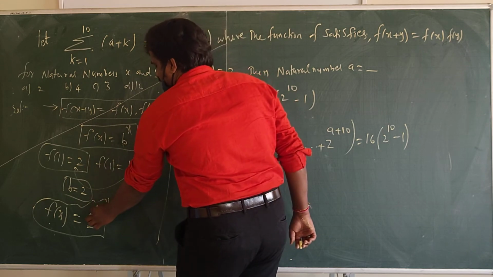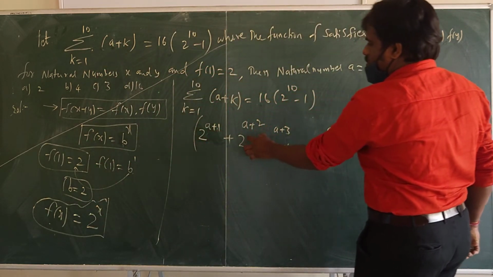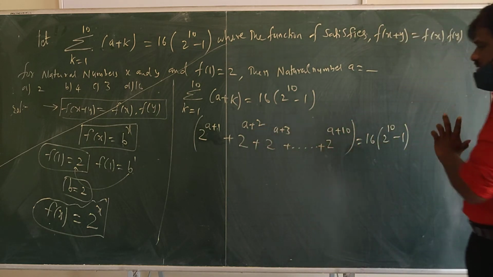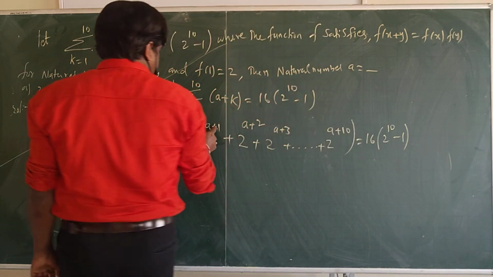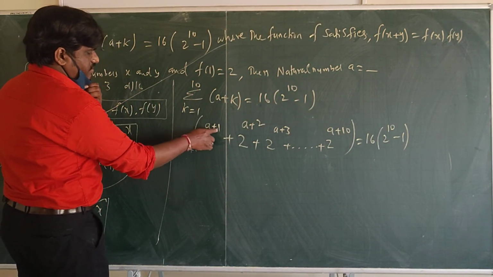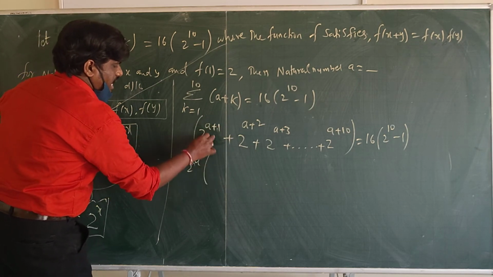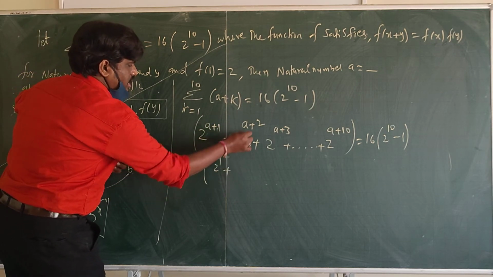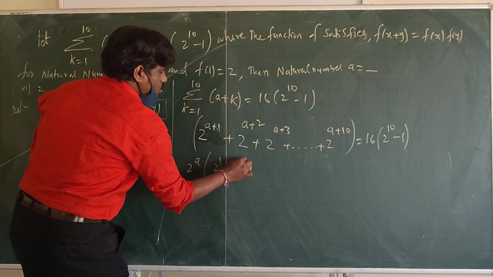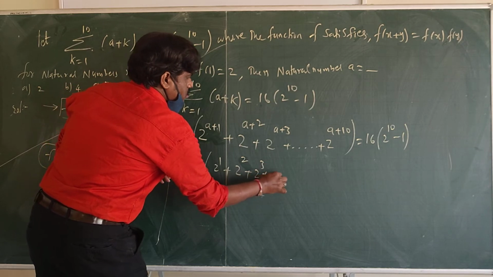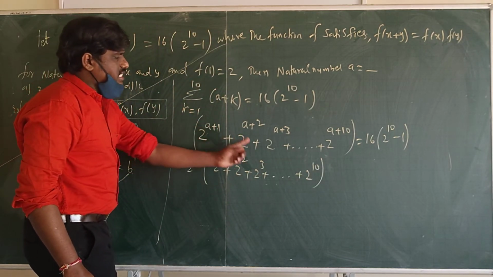In the place of x you have to substitute all these values. So that is 2 to the power of a plus 1, 2 to the power of a plus 2, and so on, is equal to this much. You have to find the value of a now. So what I can do here is write 2 to the power of a into 2. I can take 2 to the power of a out common. I get here 2 to the power of 1, 2 square, and then 2 cube, and so on plus 2 power 10, because 2 to the power of a is in each term.